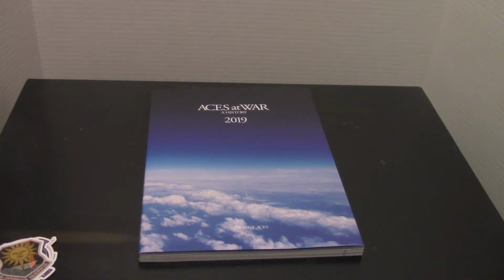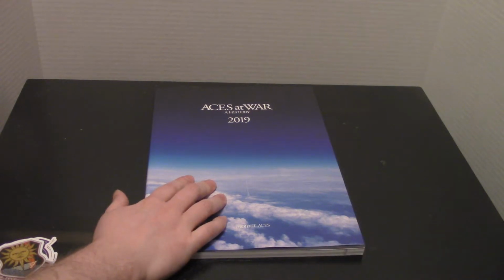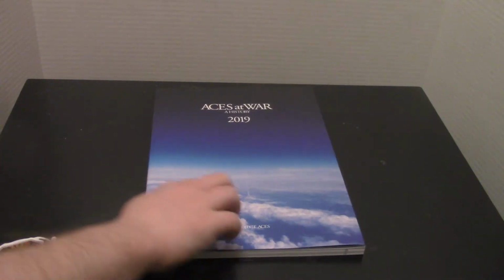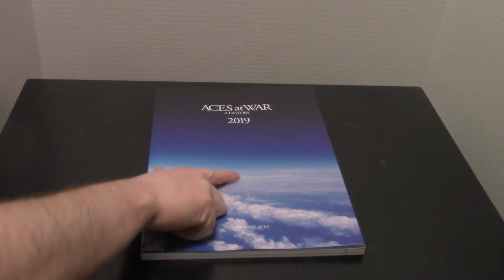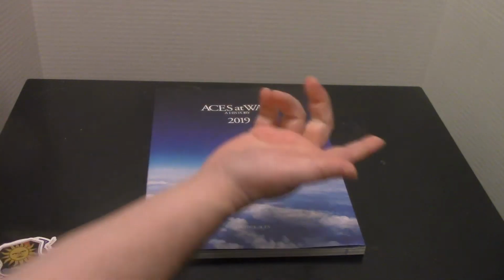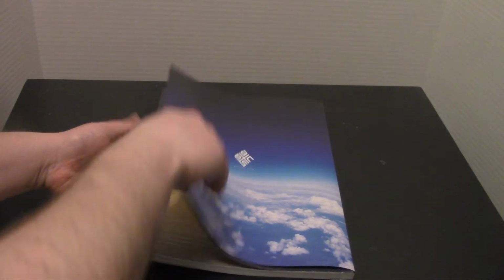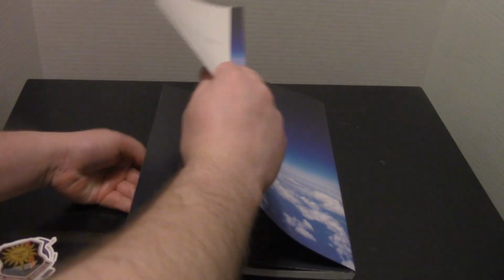It's an art book, and it has some stories and history and stuff from some of the other ones. I like the cover. And I never noticed this before, but there's the space elevator. So from the game, that's what the back of the cover looks like. And let's see if I can just